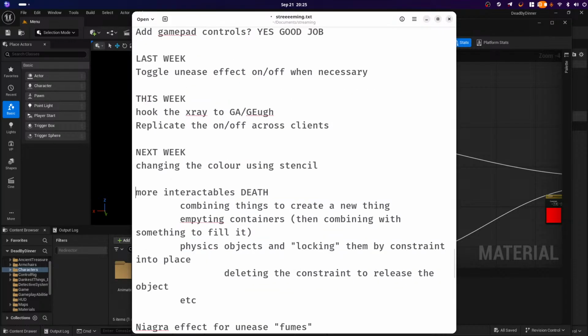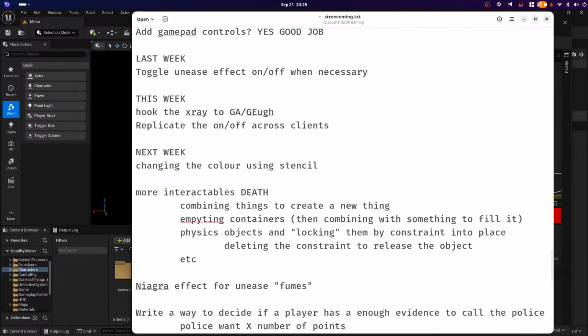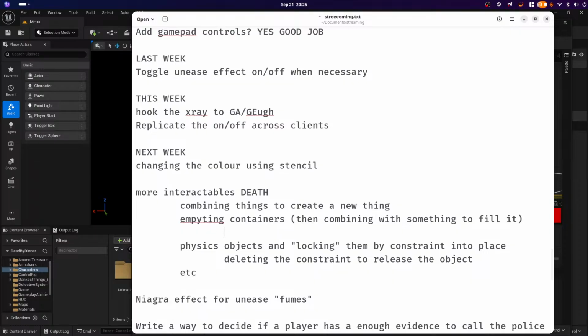I've had a lot of thoughts about this stuff. Oh wait, I've got too many. There we go. Combining things to create a new thing, emptying containers, and then combining something else to fill it. Physics objects and locking them by constraint into place, deleting the constraint to release the object. This one, there's a couple of things that I've been thinking about for this, though I'm gonna just put in here